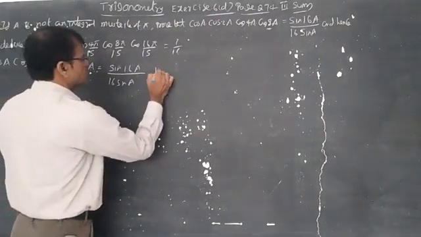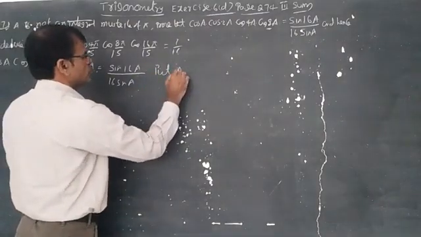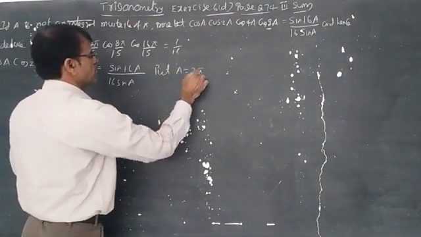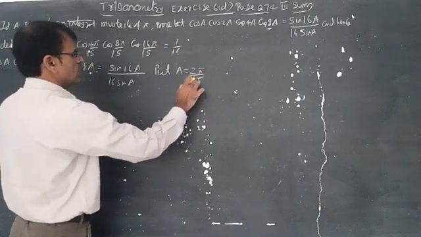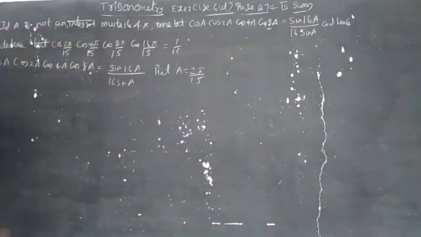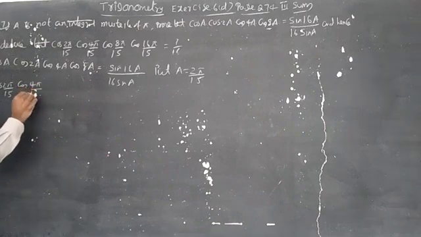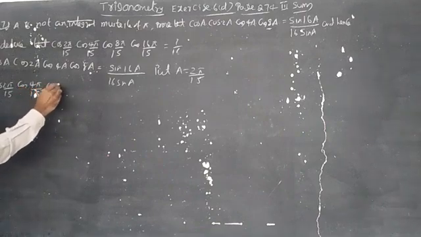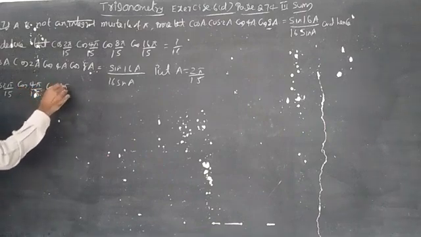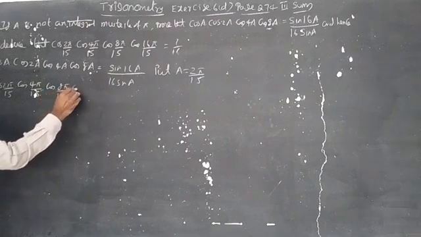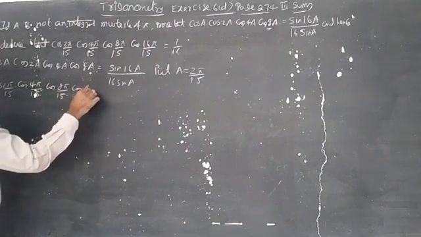So put A is equal to 2 pi by 15, and substitute. Write like this: cos 2 pi by 15 into cos 4 pi by 15 into cos 8 pi by 15 into cos 16 pi by 15